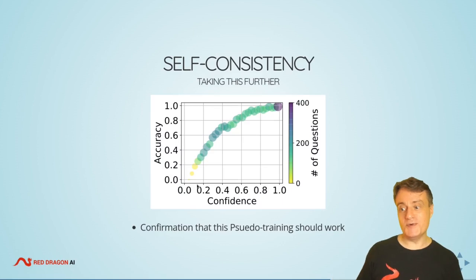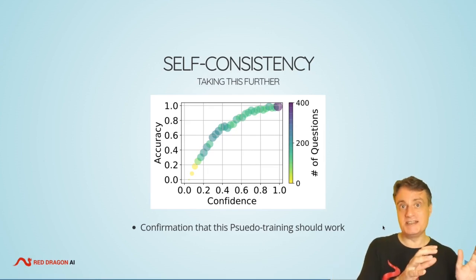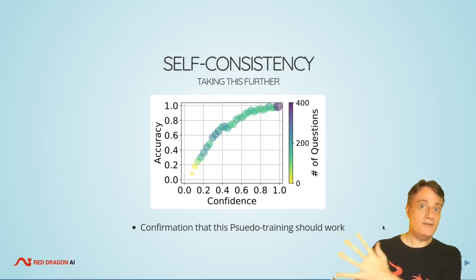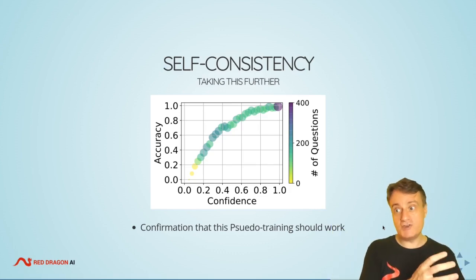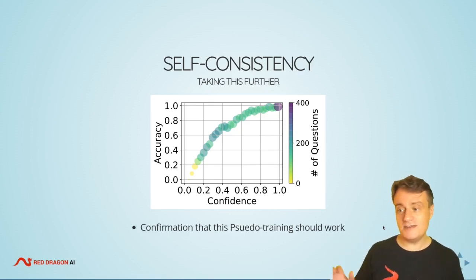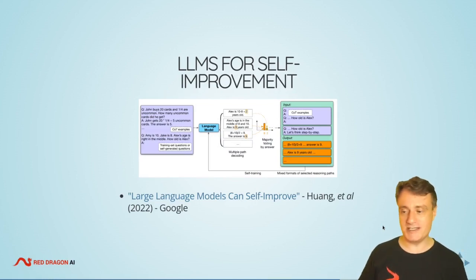I guess it's also important to say that this kind of technique has been well known for quite a while, in that you can even do this kind of pseudo labeling or pseudo training with MNIST digits. Suppose we take just half of the MNIST digits, like a smaller data set, get it to try and label some of the unknown digits, and then pass those which it's confident about into the training set. We can actually get a small amount of human trained data and leverage it up into a bigger training set. So even this idea works for really small models. The fact that it works for complex reasoning tasks is super interesting.